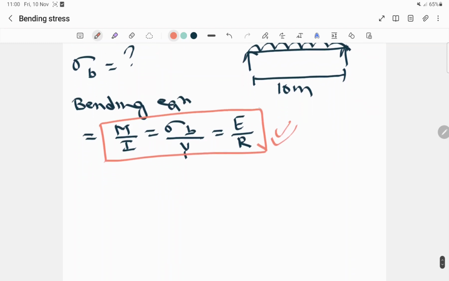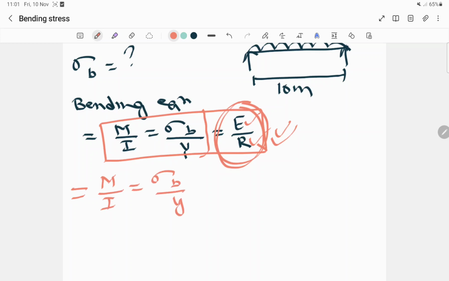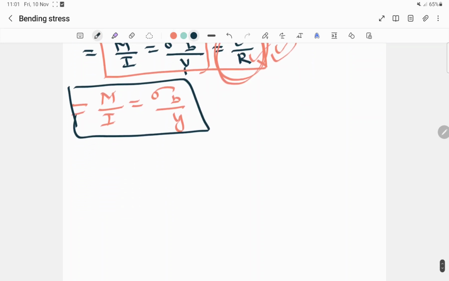In this equation, this term is not given. This is the modulus of elasticity and this is the radius of curvature. So we'll be taking this equation, M by I is equal to sigma B by Y. We'll be using this equation for finding the bending stress. Now